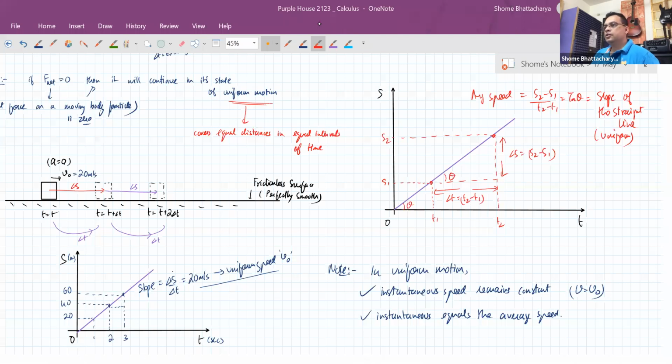So this point is clear, Manav? Yes, yes. Okay. Now in the same thing, if I want to measure the instantaneous speed at some particular time, what I'll have to do is, let's say I want to measure the instantaneous speed at this time. So I will draw this point over here, and then I'll draw another point very close to it, and I'll measure that delta s by delta t for those 2 very close points. But again, when I zoom into that, it's the same triangle. It'll have the same theta, it'll have the same slope. So instantaneous speed, which is equal to delta s by delta t, for the condition that delta t should be very small.